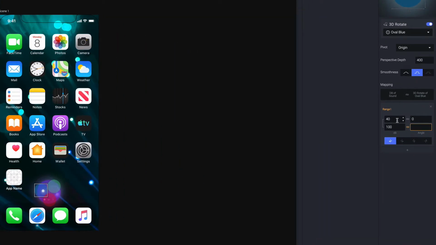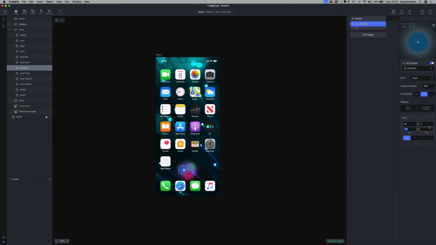And you can see down here we've got a range that we need to fill in. On the left hand side we've got the range of decibels, starting at 40, which is our quietest sound, and going up to 100, which is our loudest sound. We're going to map this to a value here. Because we're using 3D rotate, we're going to map it from 0 to 360 degrees, so a complete rotation. So we're just going to add 360 in here,